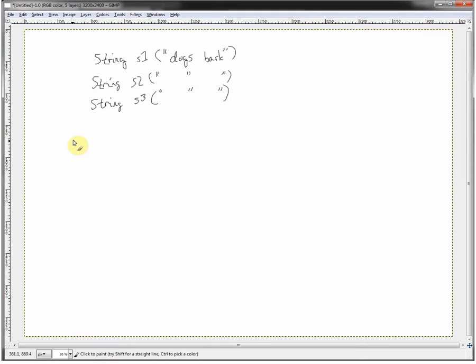Now we're going to make string S4 be equal to S1 plus S2, or plus empty space, plus another empty space,